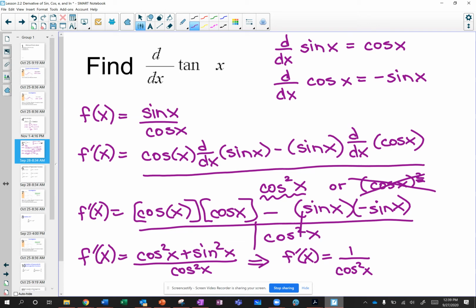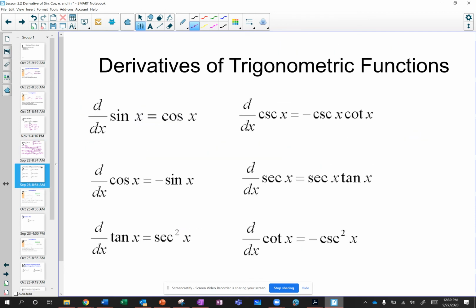Well, 1 over cosine, that's secant, right? So the derivative of tangent is actually, whoa, why did that c get so big? Secant squared x. Sorry, that got wacky. The derivative of tangent is secant squared x. Crazy. Well, I'm not going to prove every single trig derivative, which you're probably glad for,